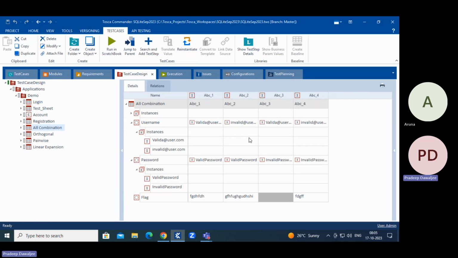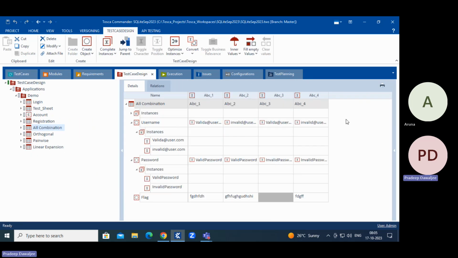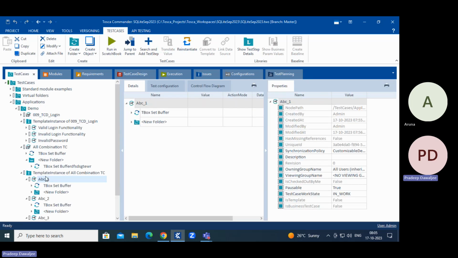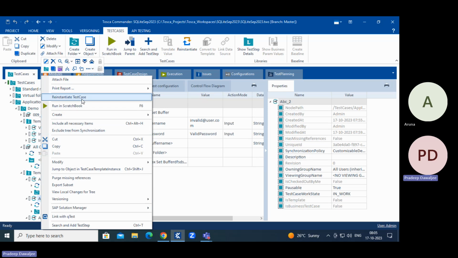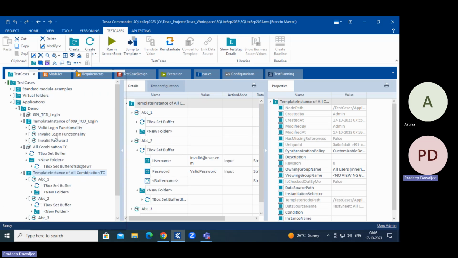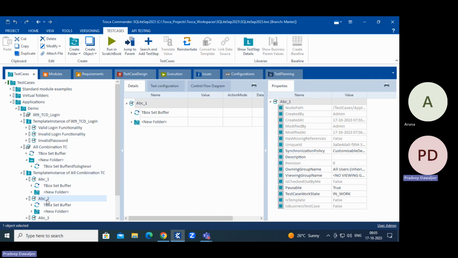So if you have 100 instances generated for one particular test case, creating 100 test cases is just a 1 second activity, hardly 1 to 10 seconds. So it generates 100 test cases, and whichever test case you want to execute, a specific one you can execute, or all 100 test cases at once you can run. And then the testing would take place with those values, whatever is informed,